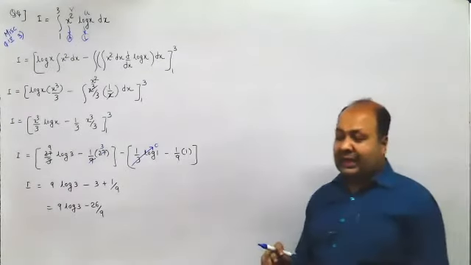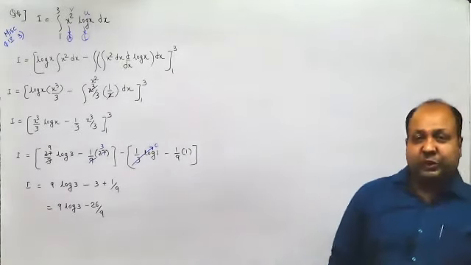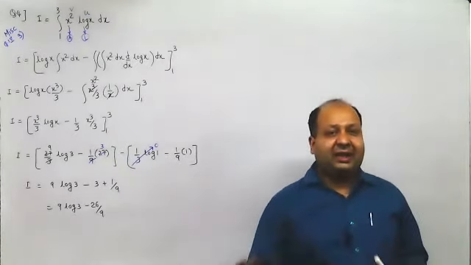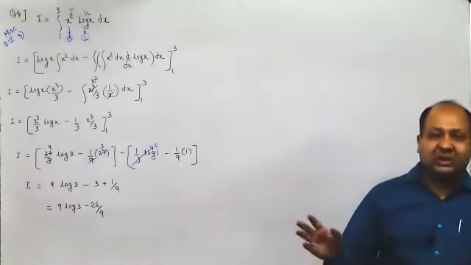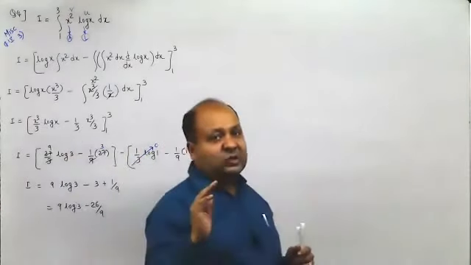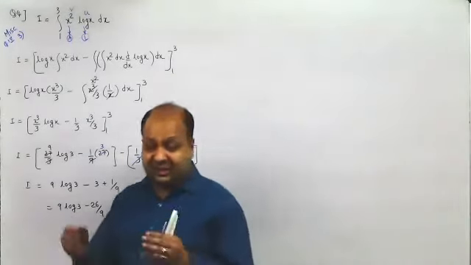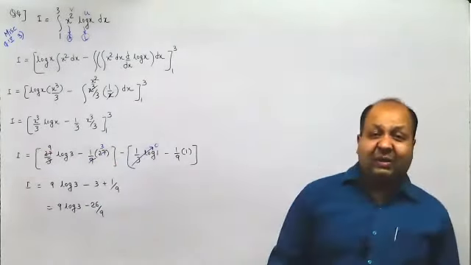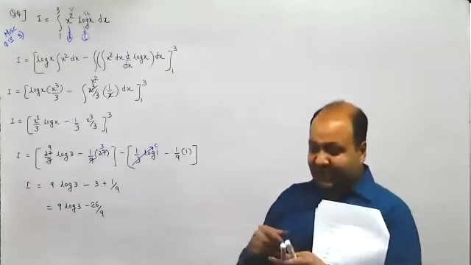For those who would be happy scoring between 80 and 90, I believe this paper should work wonders, because they have given it directly from the board. I don't believe they would give less than 80% from here. So if you would be happy with an 80 to 90 score, just do this sheet and go for the examination. You should score between that. But for those who are aspiring for 100, please solve all the problems that we have covered in class. Do not take a chance. This is just a reference material. First solve this so that you take yourself to 80 and above, and then you keep solving the other problems to help you score that elusive 100 mark.